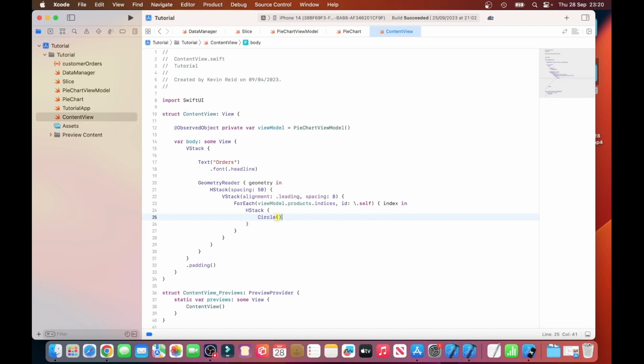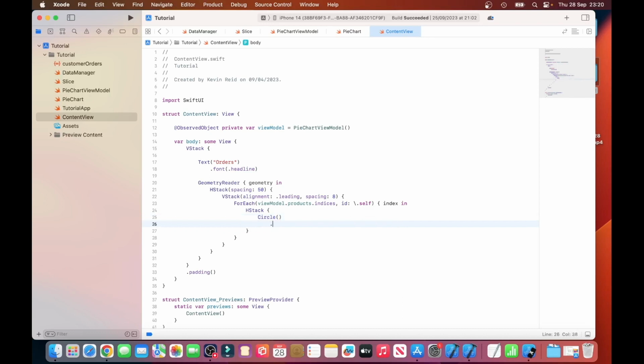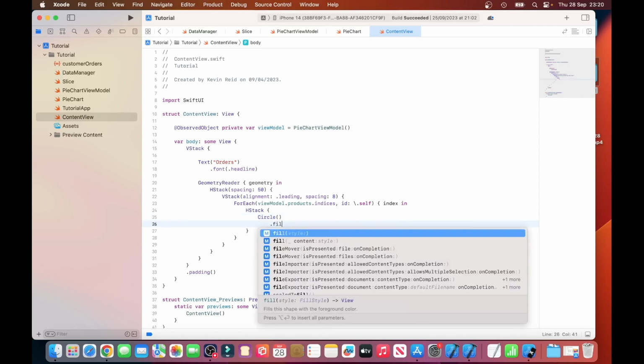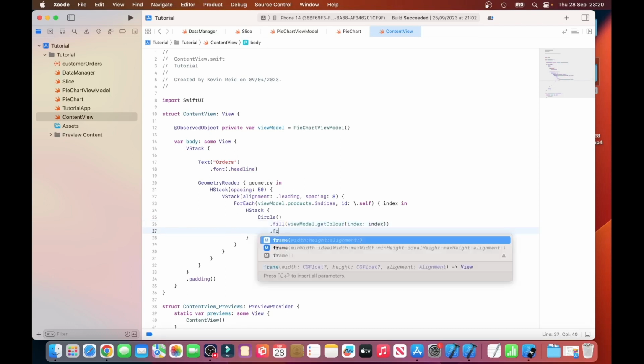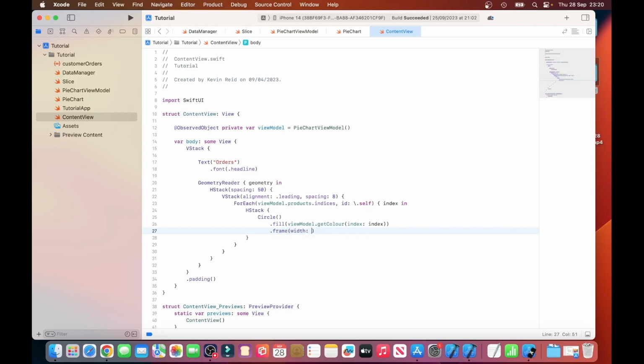Circle dot fill view model get color index dot frame width 12 height 12,